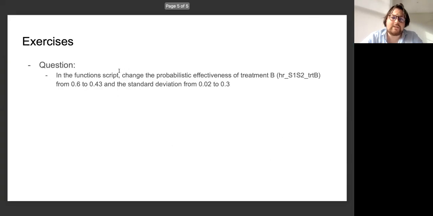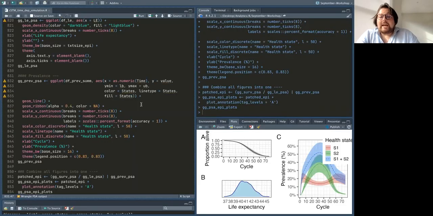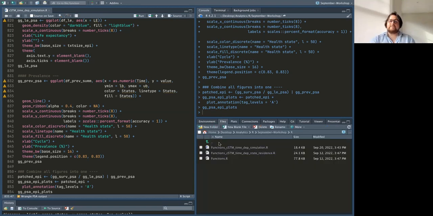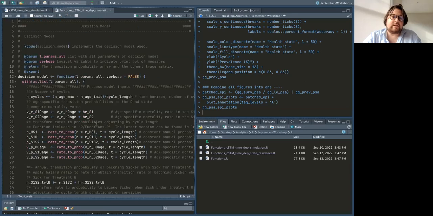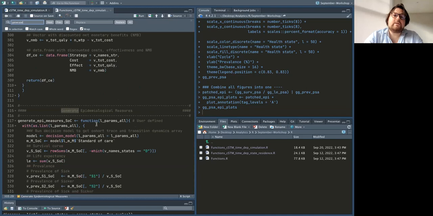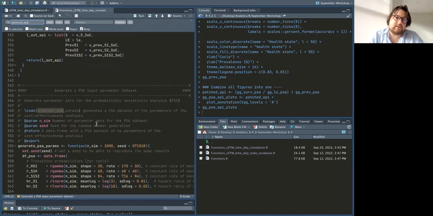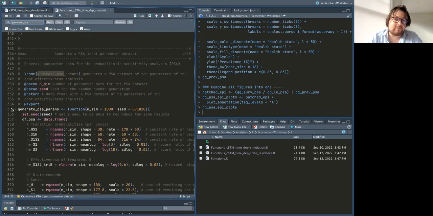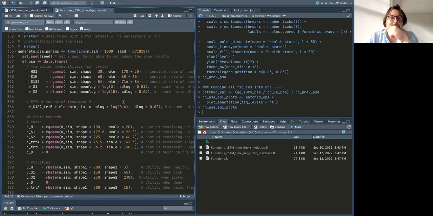The only thing I would say is that we can break into sessions now if you'd like. To make it easy, I would recommend going into the R folder, your functions, this script here, functions, cohort state transition model, time-dependent simulation, and then you can press Control F or Command F if you're on a Mac, generate_PSA. It'll quickly take you to line 355. So if you want,